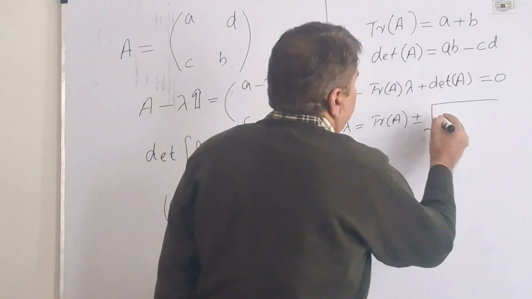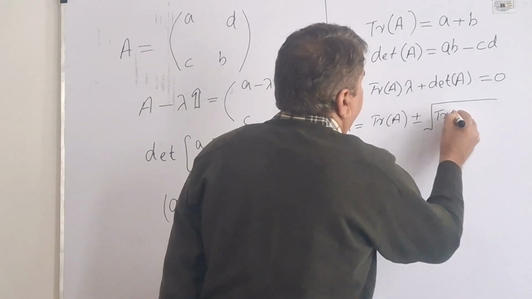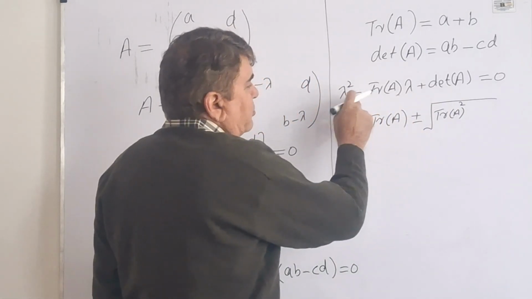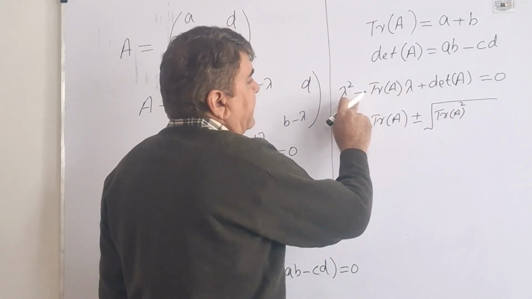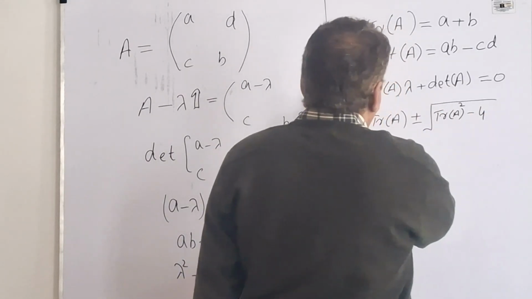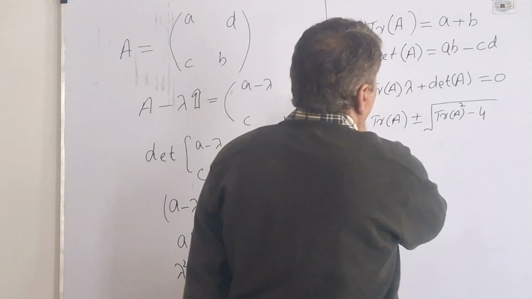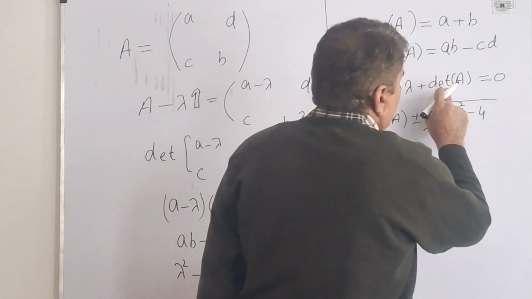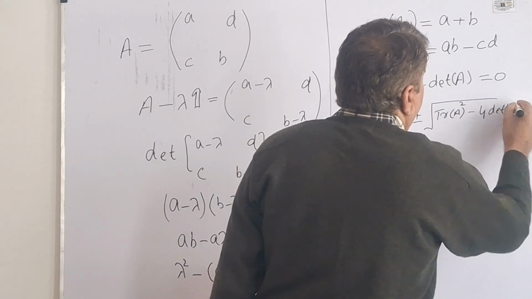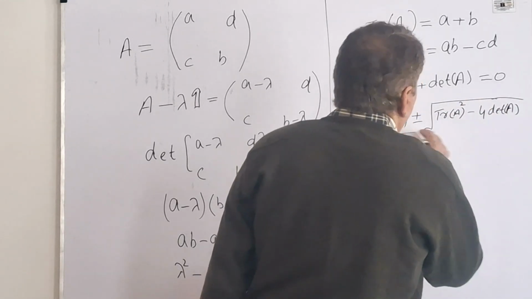This corresponds to B, so I write this as trace of A squared. The square of minus will become plus, so I'm not writing that. And then I will write minus 4 times the coefficient of lambda squared, which is 1, times this constant, so 4 times determinant of A, and the whole divided